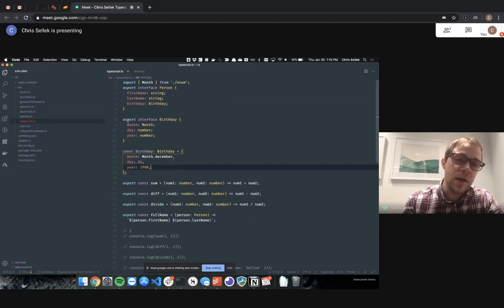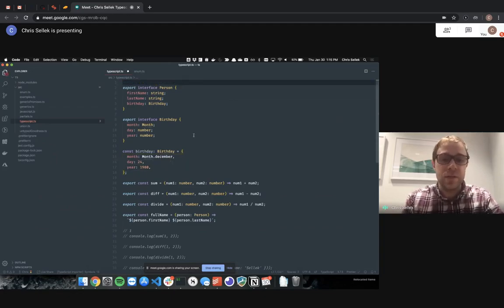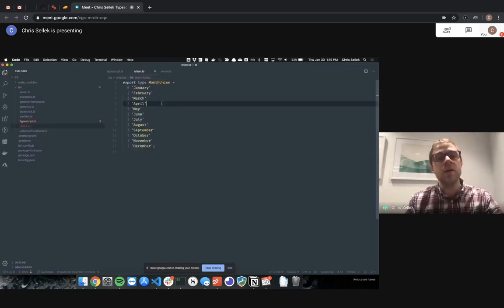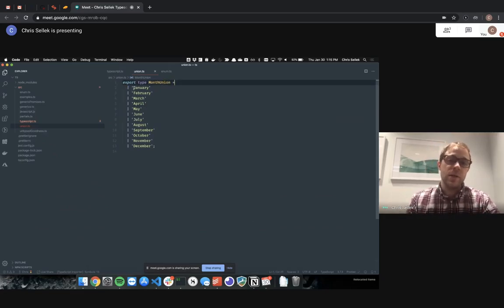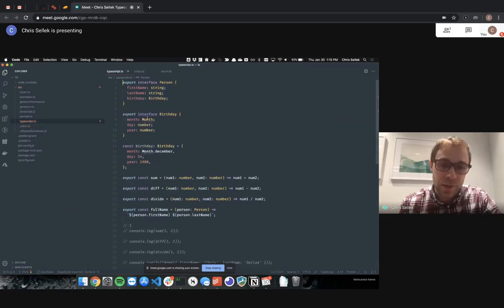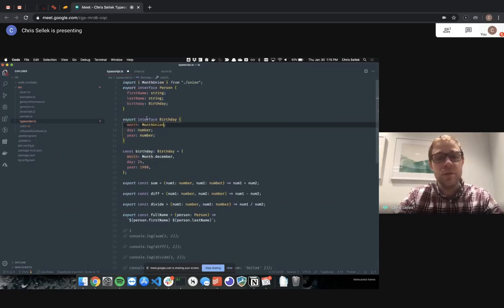The other way you can solve this, and this is the one that I've seen more often recently, is to use a union. The union parameter. So here you can see month union is a type, and it's going to be either January, February, March, April, May, June, July, August, September, October, November, December. So in here, we can change this to month union, import that from the union